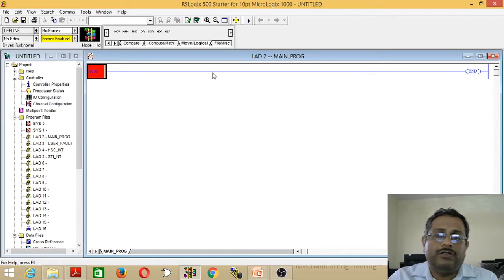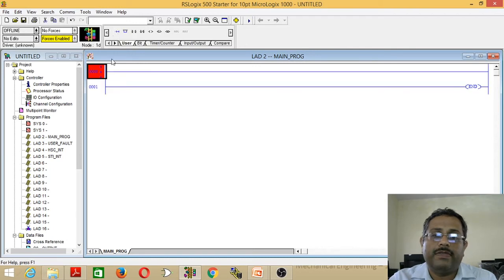To add an extra rung, you have to go to the section user. In that we have new rung, branch, open contact, closed contact, coil, large coil, etc. And we have timer on, timer off, RTO, counter up, counter down, etc. First we will see how to construct. For that, go to user, insert a new rung, it will be inserted. Now I will construct one simple program that has one contact and one output coil.